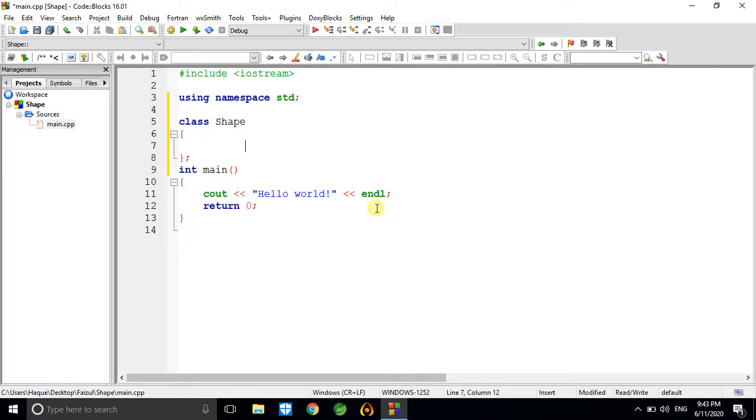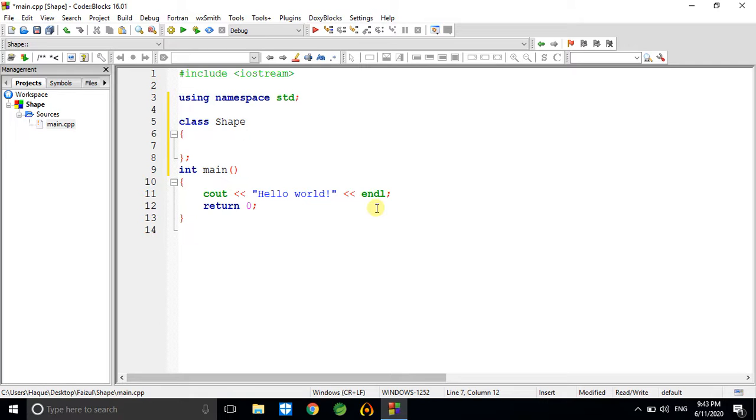Second thing is, when you inherit a base class by public, then only the public members and protected members will be inherited. But when we inherit the base class as protected, private members are not inheritable, but protected and public members are inheritable. That means we can bring those data, but those data will come to the protected section of the derived class. We'll see these three access specifiers in detail in the next classes again.